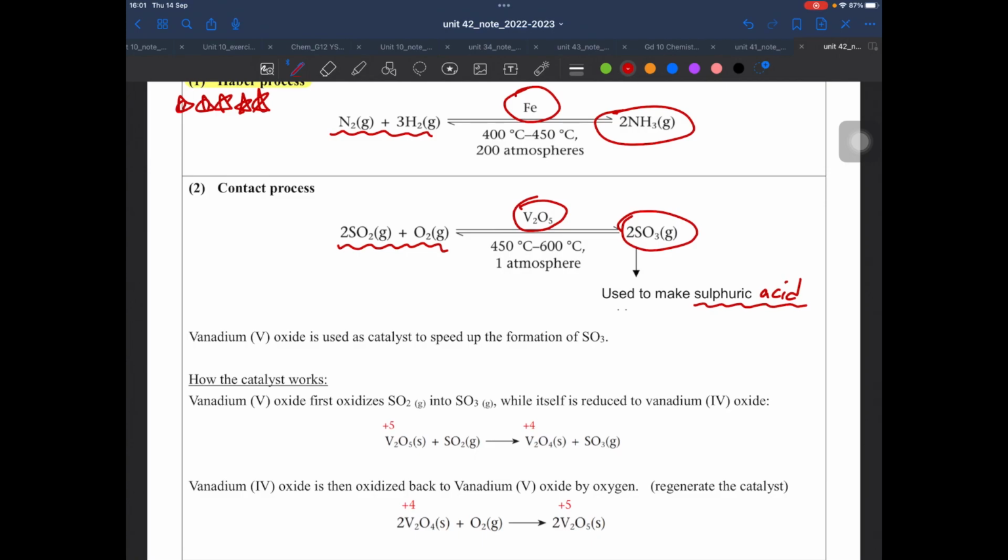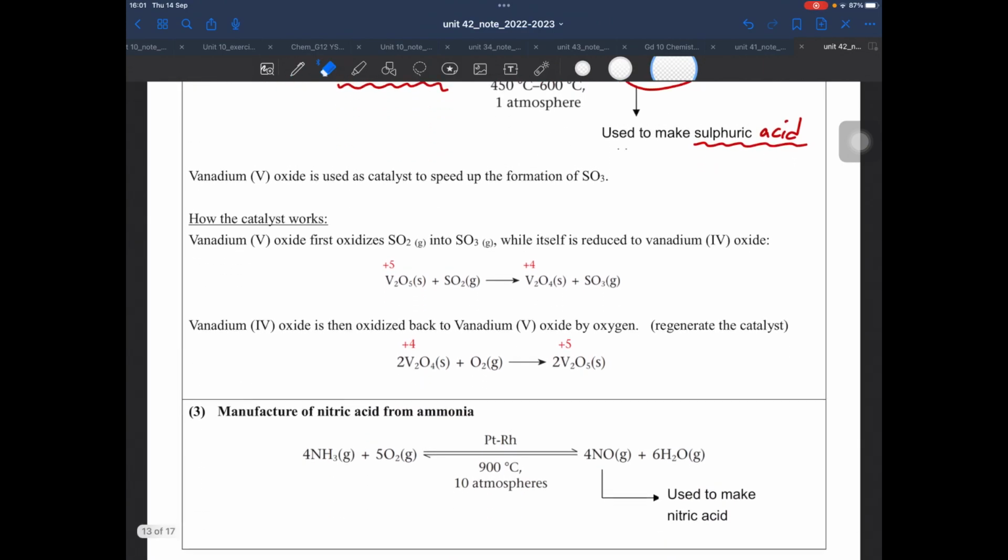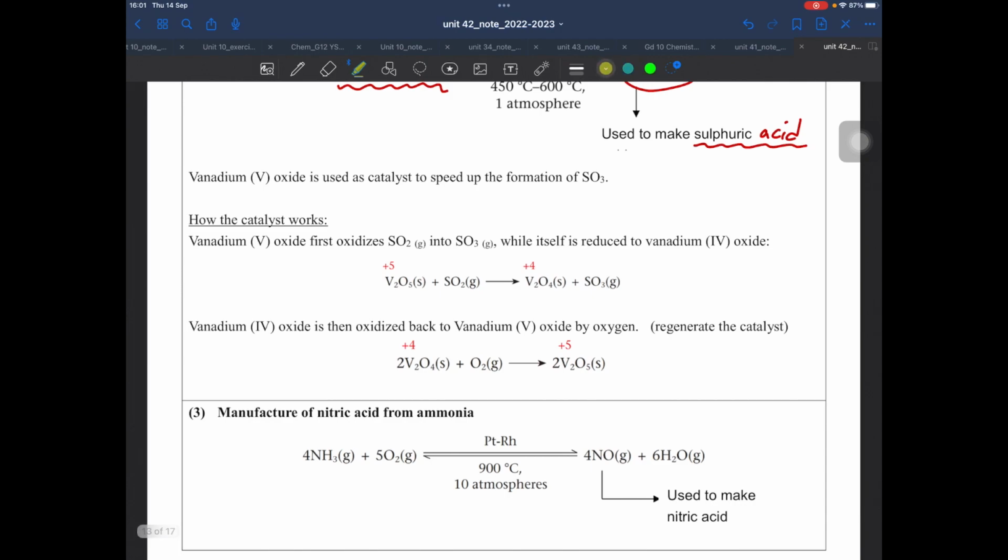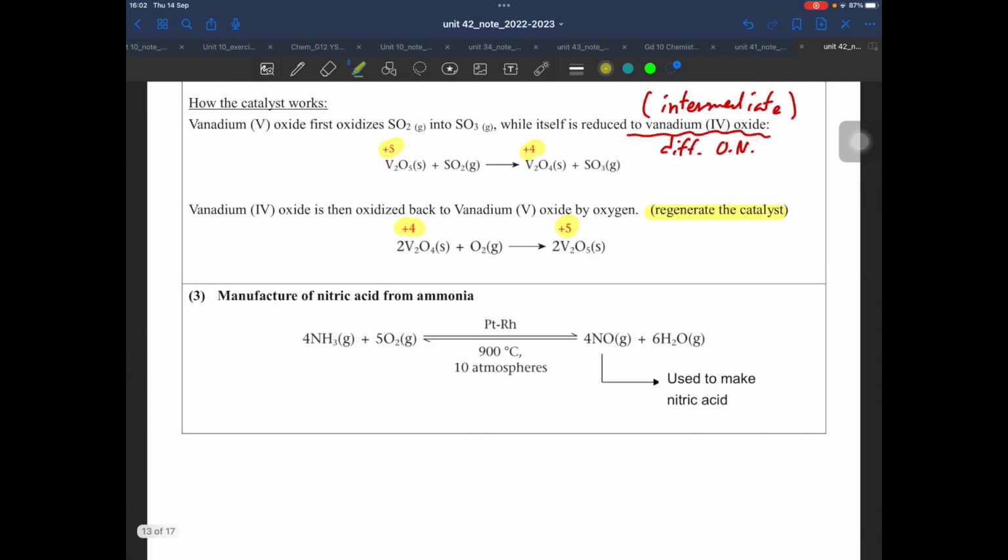So we need catalysts to lower the activation energy. And all you need to learn is that during the process, there is a change in oxidation number to form an intermediate. But don't worry, as we have learned before, finally the catalyst will be regenerated. It remains chemically unchanged after the reaction. That's why it will not be consumed. And something more is